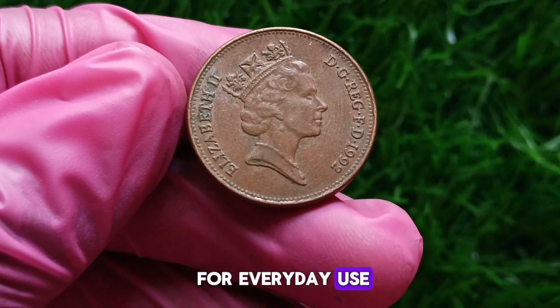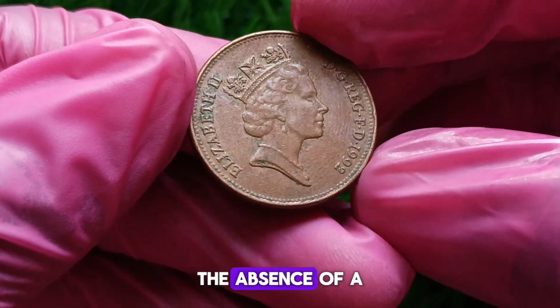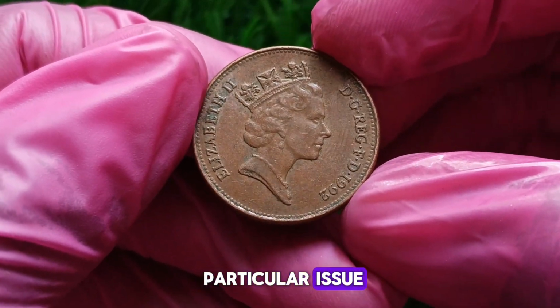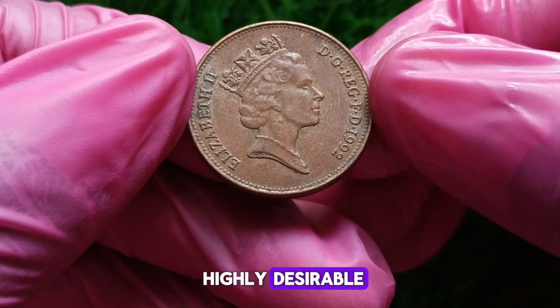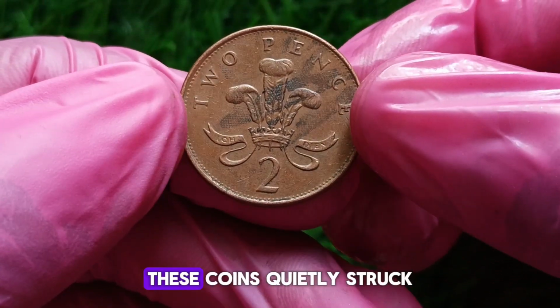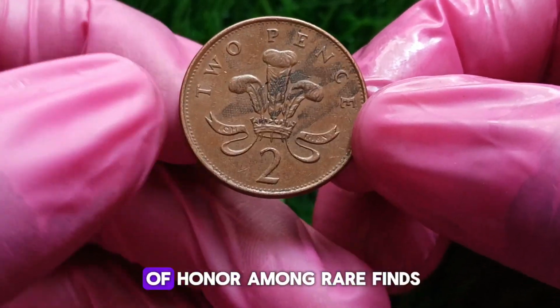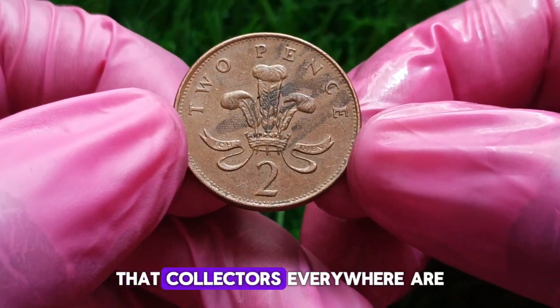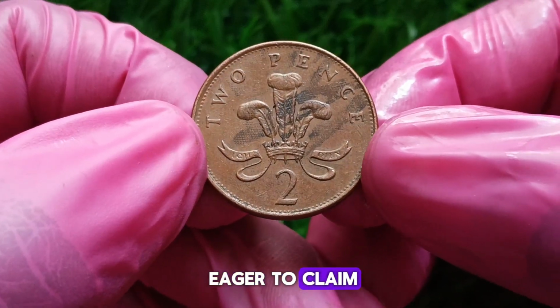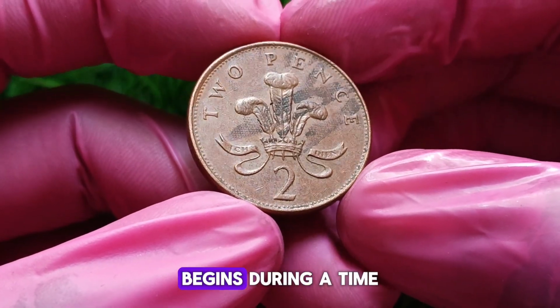for everyday use. But for sharp-eyed collectors and passionate numismatists, the absence of a mint mark on this particular issue transforms it into a highly desirable and potentially valuable piece of British coinage history. These coins, quietly struck without their identifying mark, have earned a place of honor among rare finds that collectors everywhere are eager to claim. The story of the 1992 no mint mark 2 pence coin begins during a time when